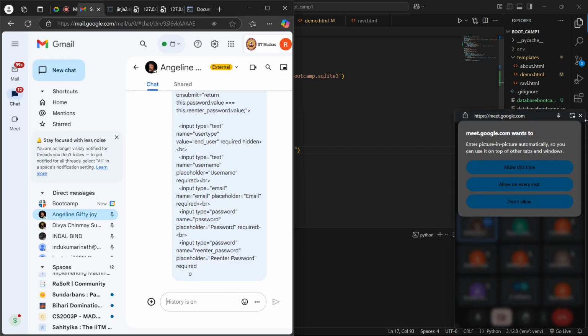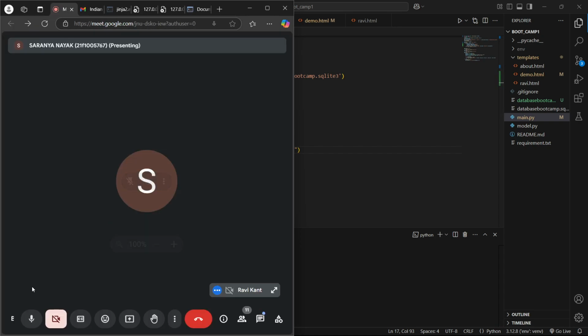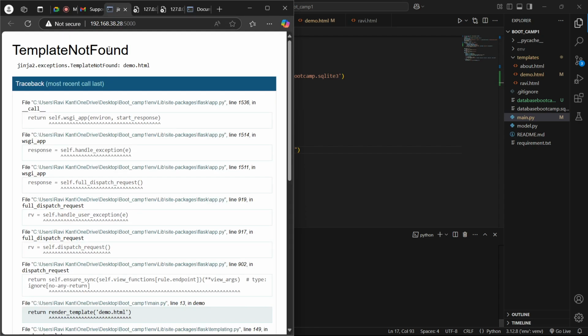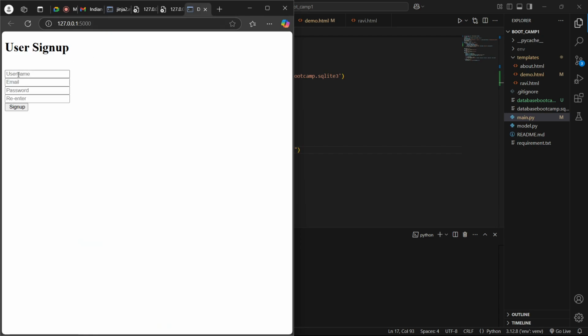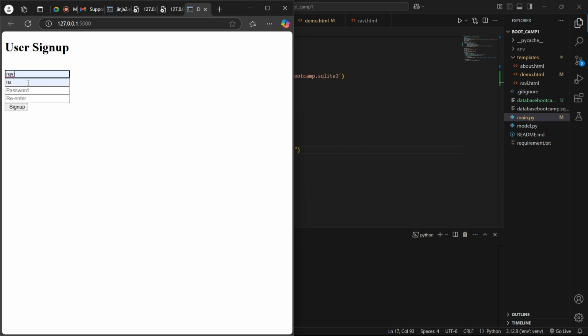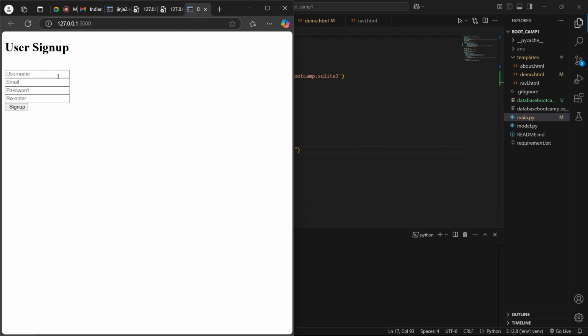So everyone was able to create this form, right? Create this form and send data to the backend and get it printed. Or was there any issue? Anyone? Okay, let's move on. So now the next agenda is to first